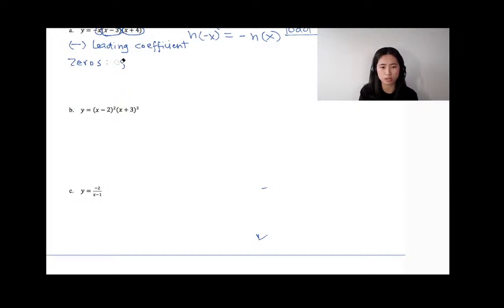So maybe we can just group this based on the smallest versus the largest. So we have negative 4 to begin with because x plus 4 is equal to 0. Therefore, you're going to get negative 4, right? And then you have 0, comma 3, right? 0 for your x minus 3 is equal to 3, right? So in that case, you're going to see that the multiplicity of x plus 4 is going to be 1, right? So what is multiplicity? So multiplicity is when you're looking at different terms, and then you call this sort of like an exponent. So if you look at x plus 4, your exponent right